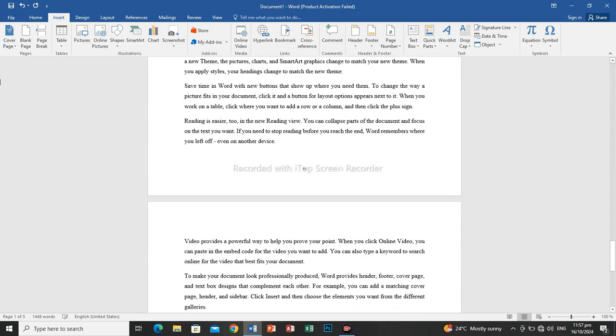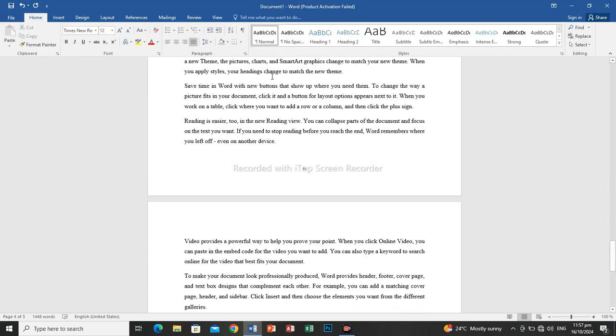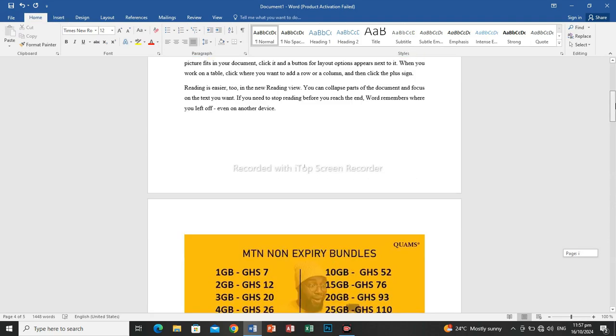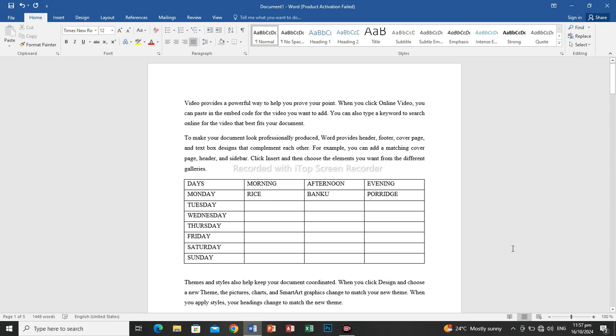Okay, so let's look at the last one. How to use the find and replace. Maybe you have a large document and you are looking for a particular word or a particular phrase, but you can't find it because the words are too many. So what you do is you use the find option. So with find, the shortcut for find is Ctrl plus F. So you just press Ctrl plus F,